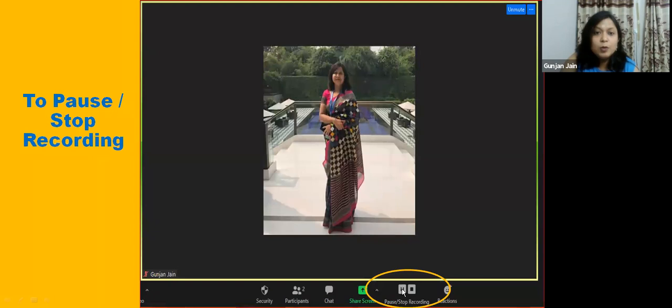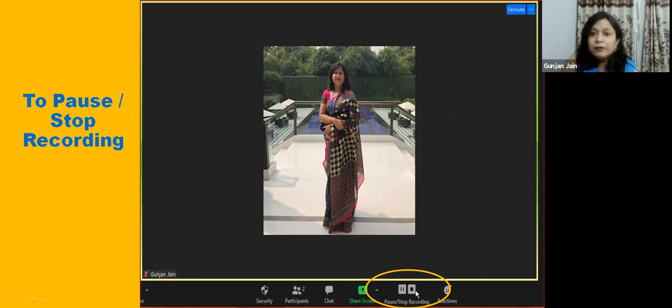So you can also pause in between, like when you have stopped sharing the screen and you are asking for a response from the students. At that particular time you can pause. Then again you start sharing the screen, and you resume the recording. So this button is used for pause and resume. And suppose you are done with the teaching part, then you can click on stop recording. So pause recording and stop recording can be used according to the requirement.